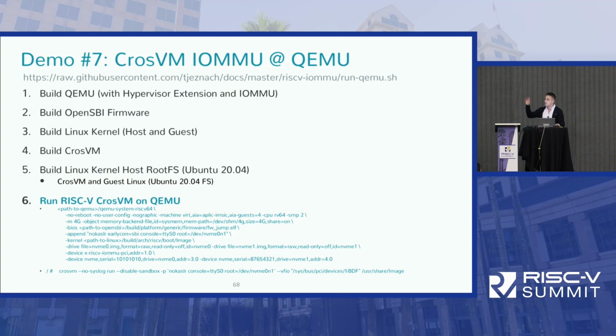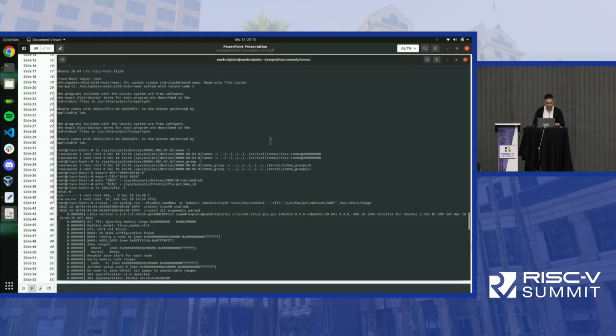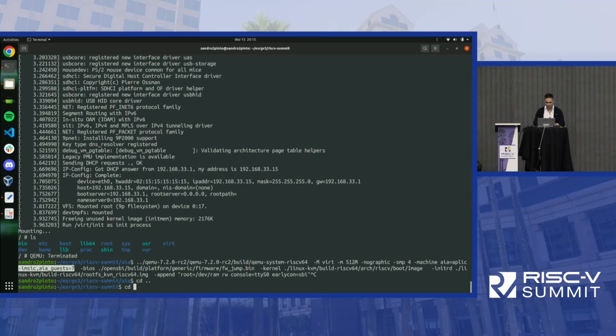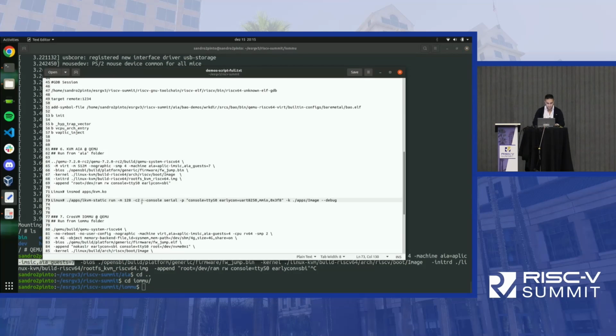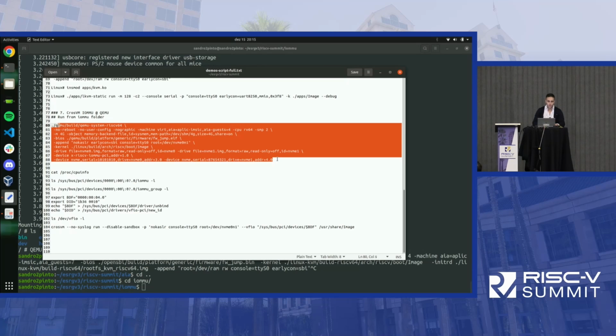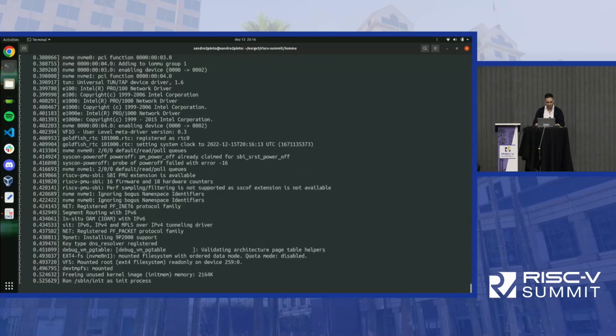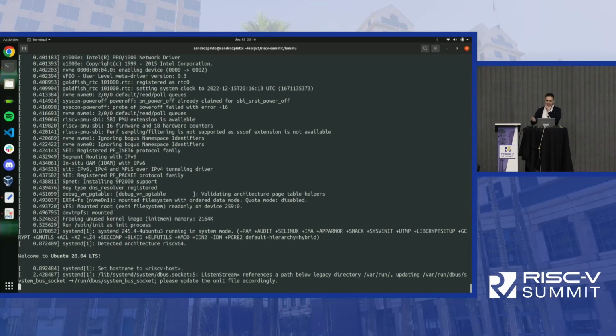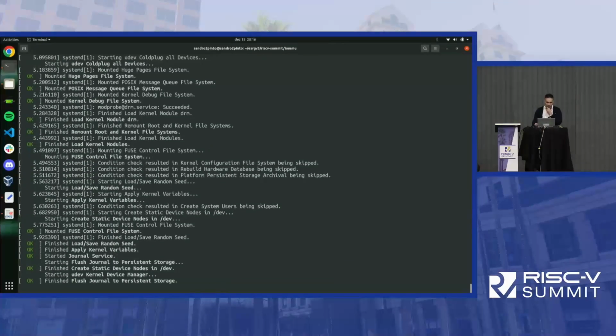So this is more or less the reference link, the steps, once again, and I will replicate the demo. So probably we will not go through to the end, because this is basically Ubuntu running on the IOMMU. We will run Linux with an Ubuntu file system atop the IOMMU that launches crosvm, which will run again another Linux with Ubuntu. So you can understand the levels of indirection and that the performance is not super good. So now we start Linux, which is running Ubuntu